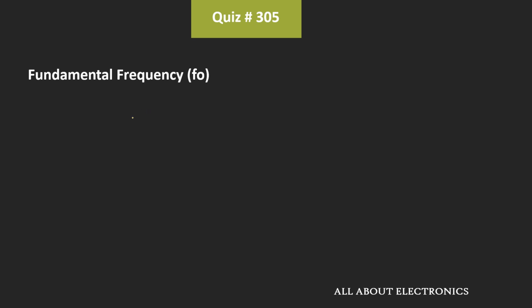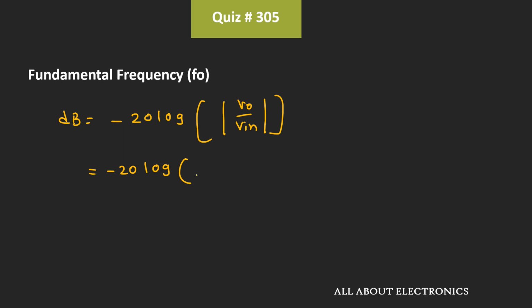So from this we can say that at the fundamental frequency, the gain provided by this active filter is equal to 20 log of Vout divided by Vin. Or if we see the attenuation, then it will be the negative. That means in dB, the attenuation will be equal to minus 20 times log of Vout divided by Vin. That is equal to minus 20 times log of 0.615. That is equal to 4.21 dB. That means at the fundamental frequency, the attenuation is equal to 4.21 dB.